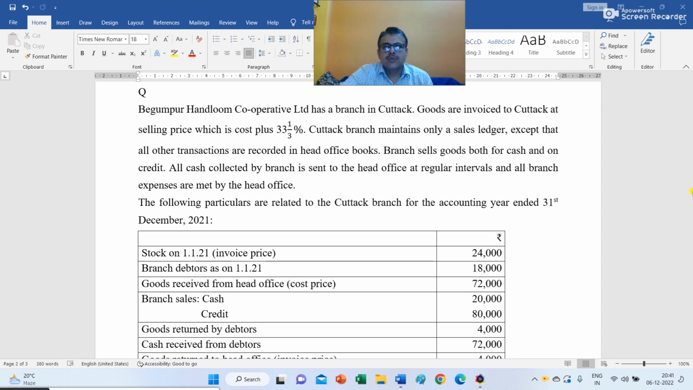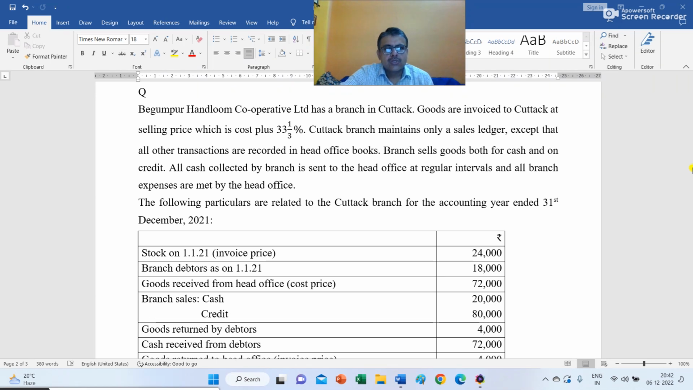Goods are invoiced to Cuttack at selling price, which is cost plus 33 1/3%. Cuttack branch maintains only a sales ledger, except that all other transactions are recorded in head office books. Branch sells goods both for cash and on credit. All cash collected by branch is sent to the head office at regular intervals, and all branch expenses are met by the head office. The following particulars are related to the Cuttack branch for the accounting year ended 31st December